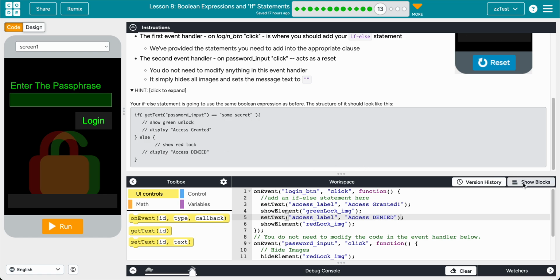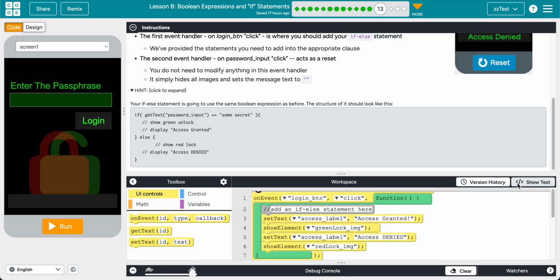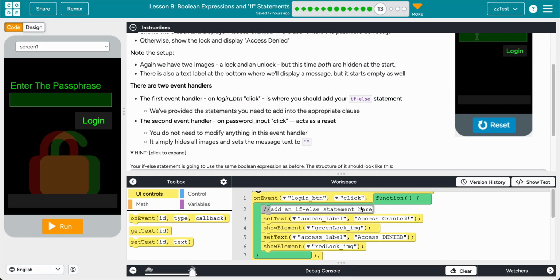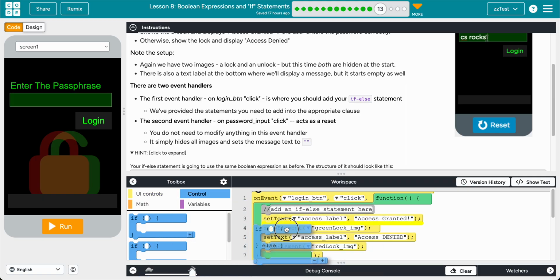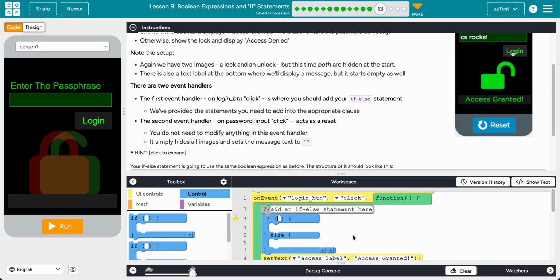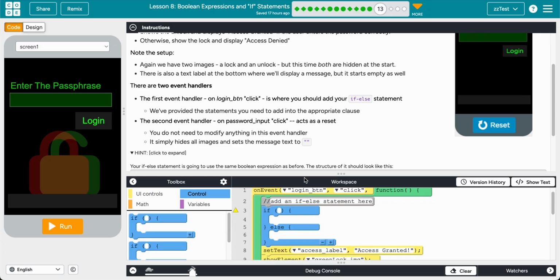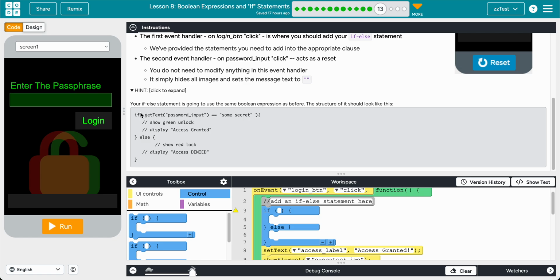Okay, I'm going to switch to block view, I believe, here. And for the login button, it says add an if-else statement here. So I'm going to drag out an if-else statement. And the condition, we're shown down here, needs to be if the get